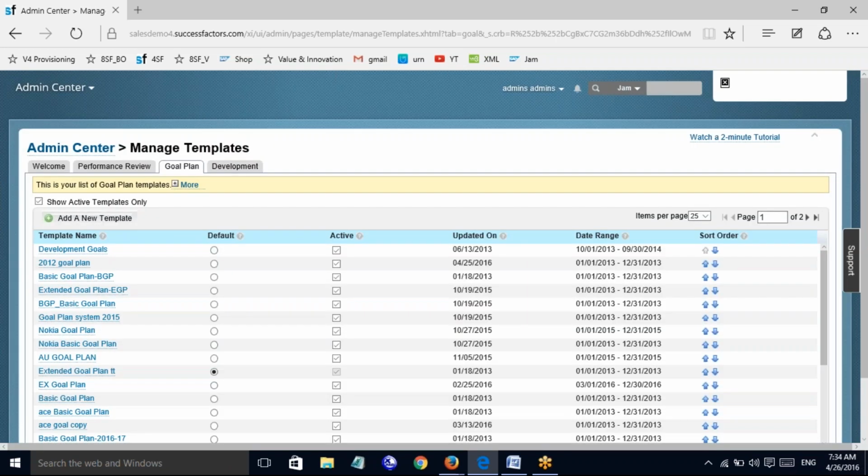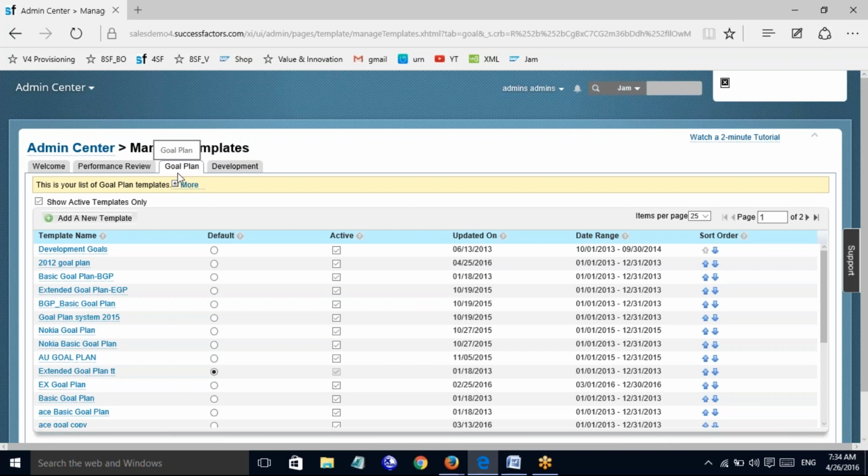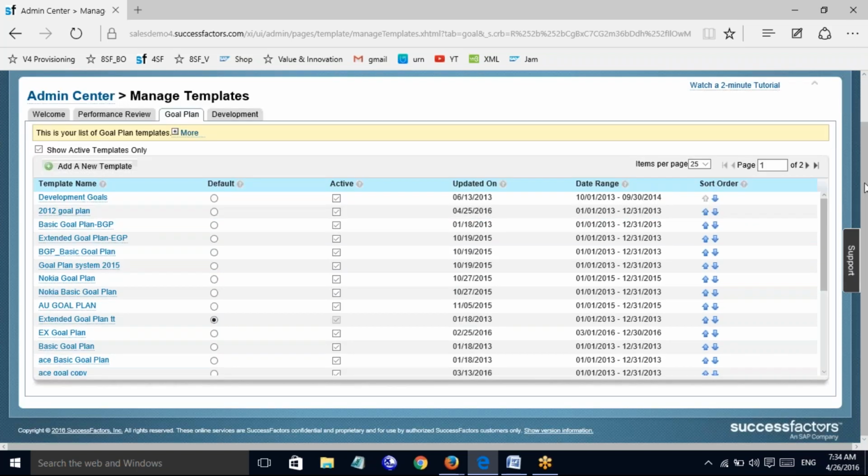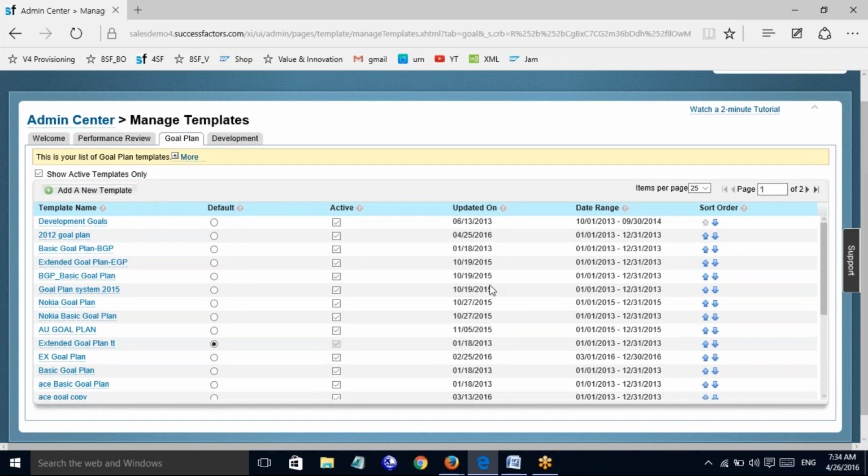Yeah. So regarding the security configurations, everything will be explained slowly. First, let us see these basic configurations. Okay. So here, if you want to add a goal template, you can see, for example, all the existing goal plan templates, and you can see a lot of goal plan templates created, which are active. Some you see as default, some you see as active goal templates and so on. We'll understand all this slowly.